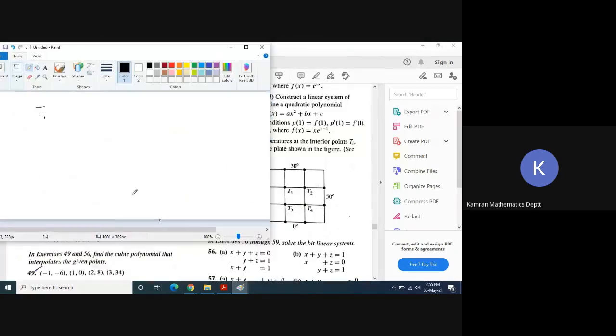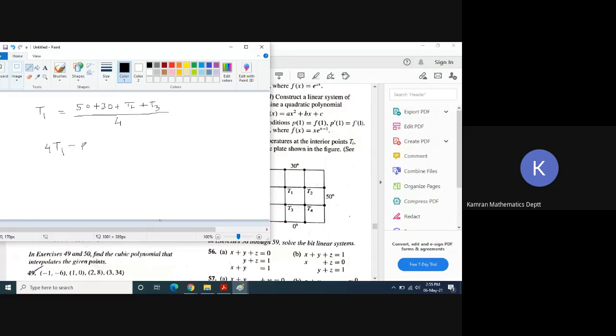So the average is 50 plus 30 plus T2 plus T3 by 4. Because these are 4 quantities, the average will be the sum of them divided by the number of them. Multiply by 4 here, you will get 4T1